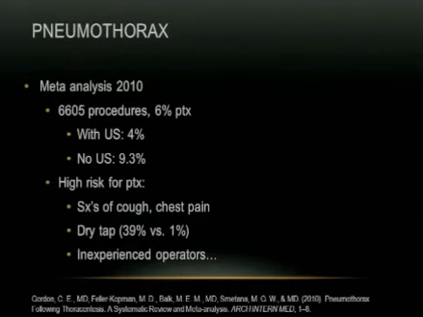There were some symptoms that were found in this analysis that they could correlate with development of a pneumothorax, such as cough, such as chest pain. Not the ouch, I have sharp pain in my shoulder pain, but more the dull pressure sort of pain, more of a visceral sort of pain. And of course, if you stick a needle in there and you